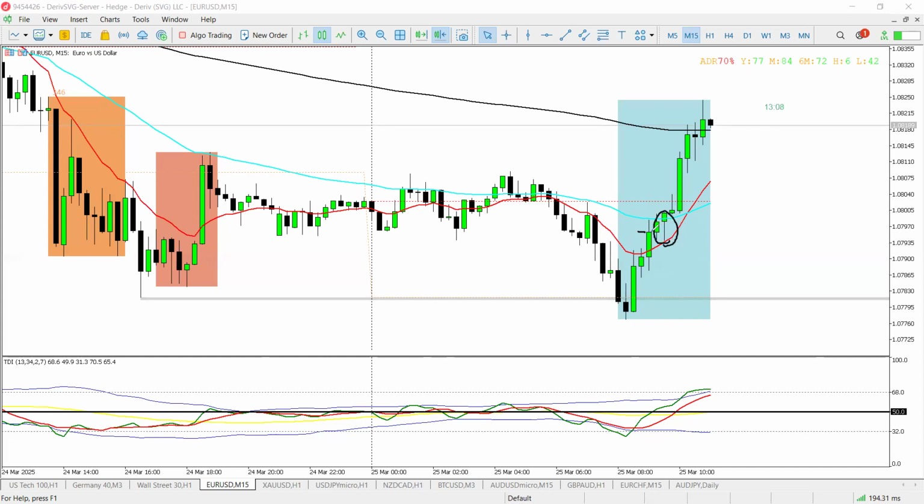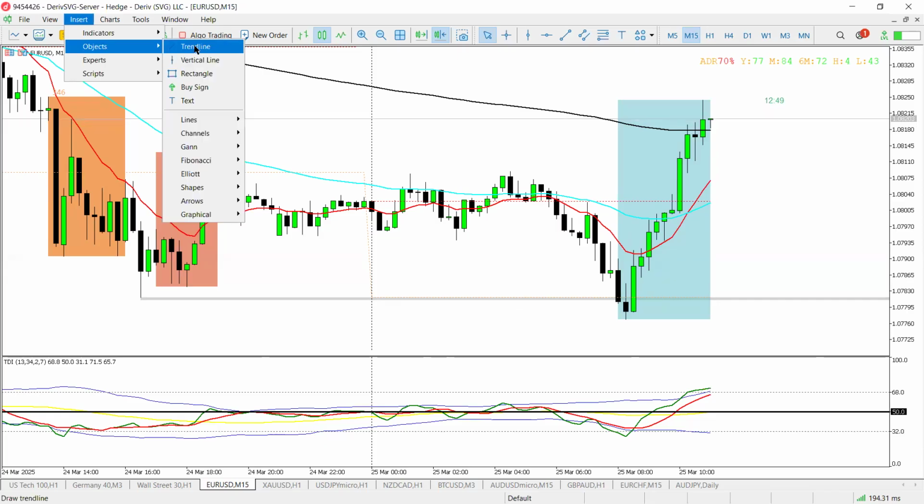I got another pin bar right on the 13 EMA here. And I was also approaching the open of today on this particular broker. So I was anticipating a potential reaction, which actually happened. Then we got a continuation. So after this pin bar, what you want to do now is